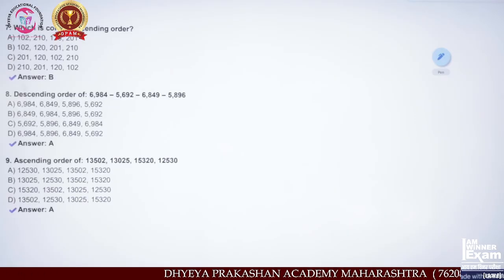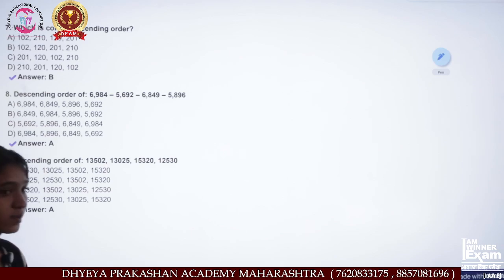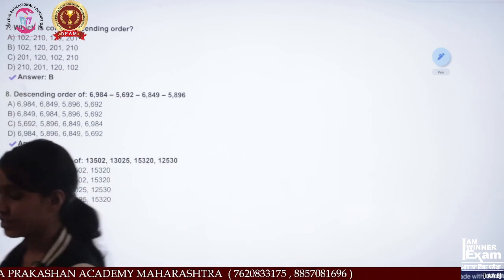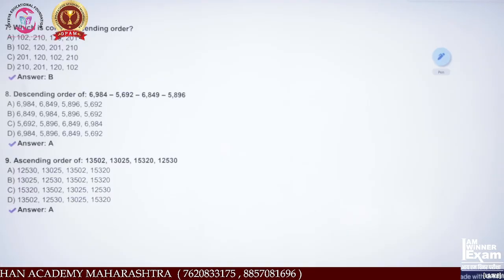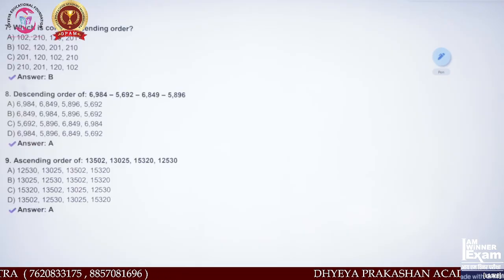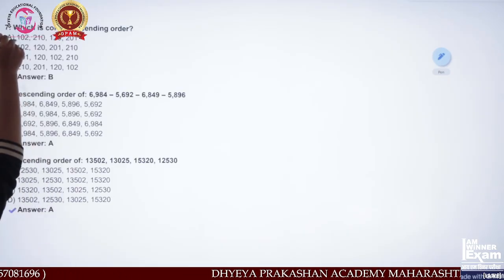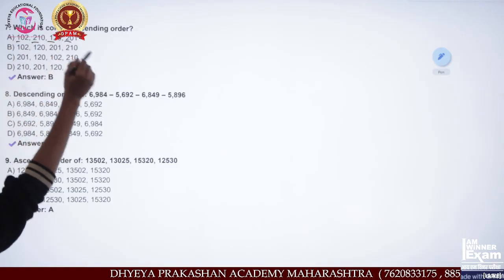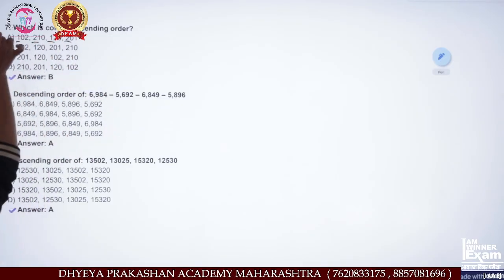Wait a second. Which is the correct ascending order? What is ascending order? Smallest to biggest. First, let's take option A. Ascending order. As you can clearly see, the first digit is 1, after that 2, again 1 and 2. That means it is incorrect because